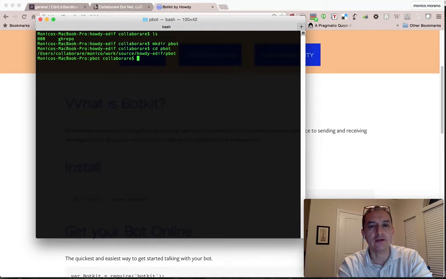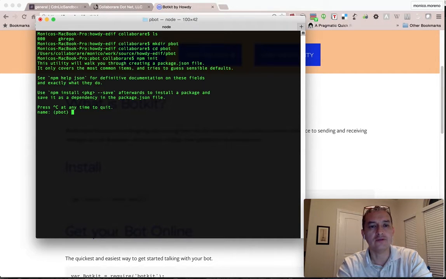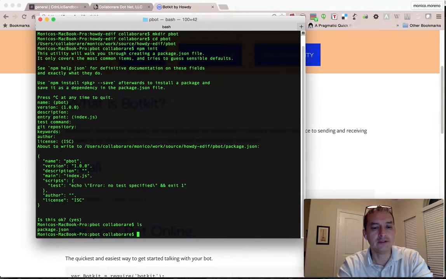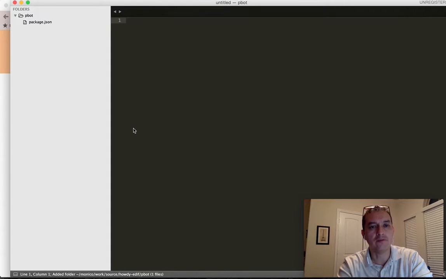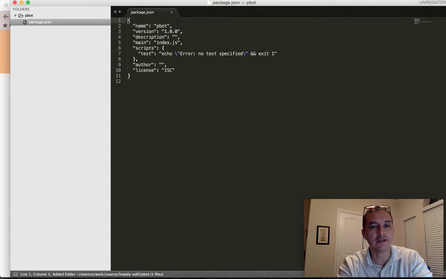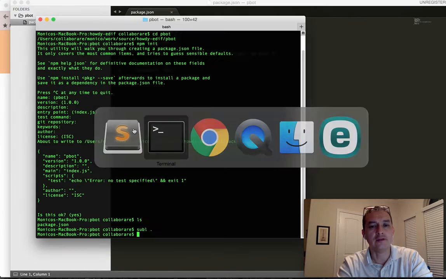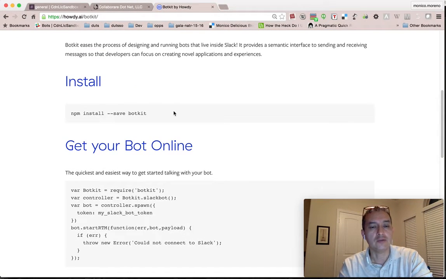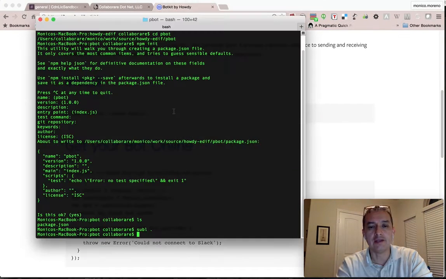So at any rate, we have it here, and I'm going to npm init this folder and just take all the defaults. There it is, and I'm just going to bring up the folder in Sublime. There's the package JSON file. And the next thing we need to do, just like the instructions indicate in here, is we're going to npm install botkit and use the save flag